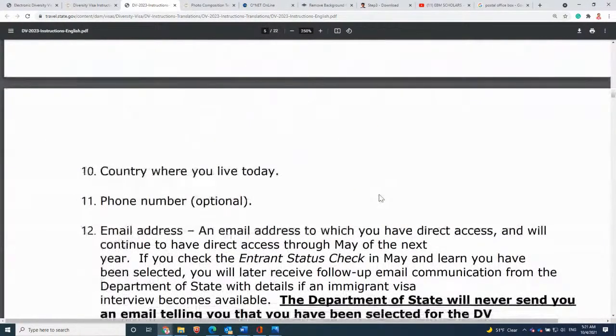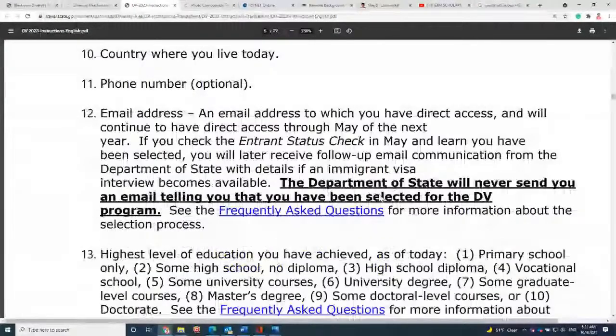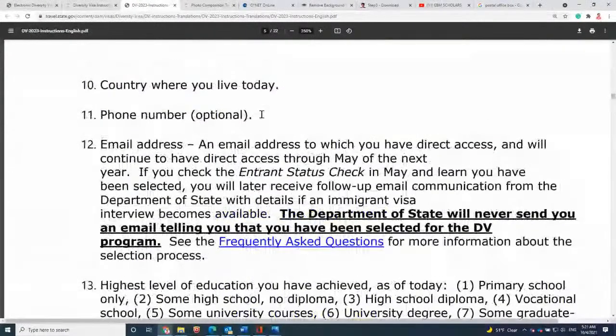Okay. Then it comes to the email address. The phone number is optional, so you don't need to put the phone number. The email address, make sure you put the correct email address, which you can continue to have access to. Because,